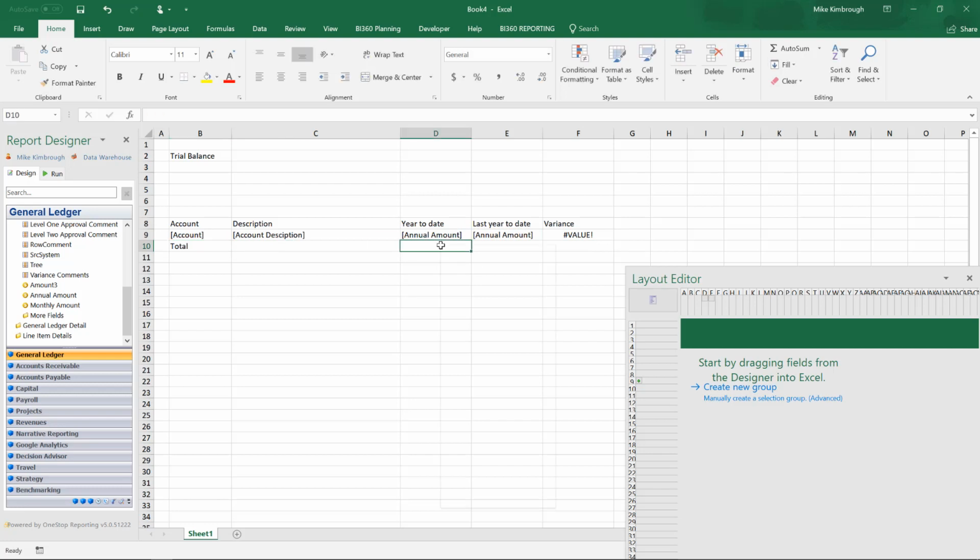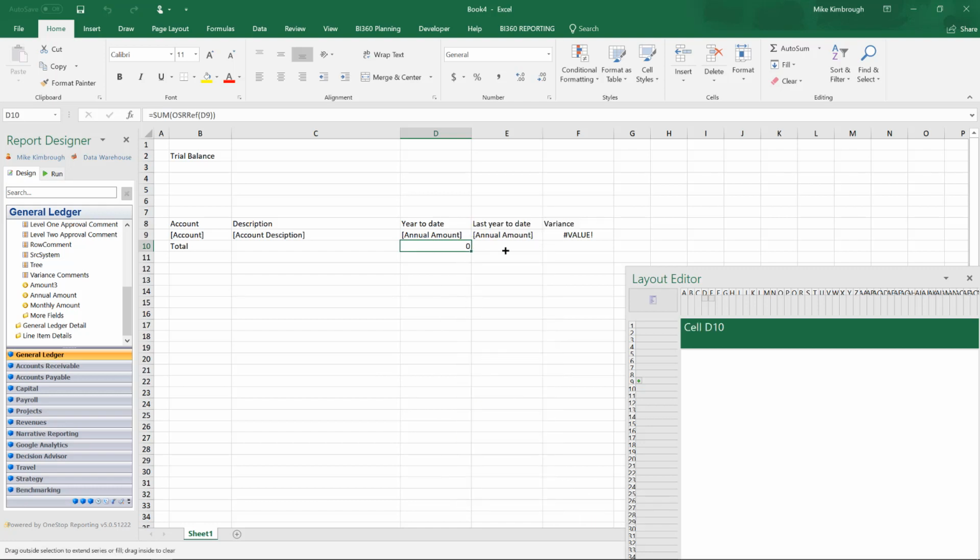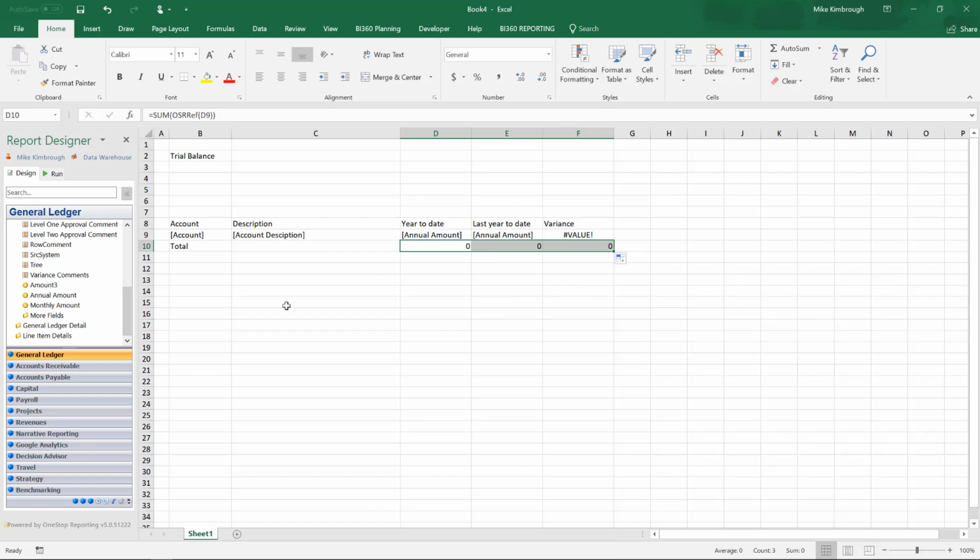and I will total up these rows, and you'll see that I just right clicked here. I'm in the design side. You see over here I'm in the design side, so if I right click, it will allow me to create all these hot functions, and I have one for create sum. So I just create sum, and again I just drag that across. So for all intents and purposes, I have just finished my trial balance,